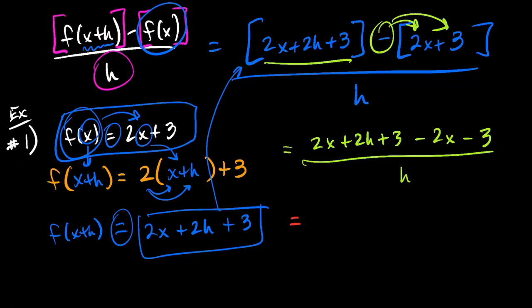Further simplify it. How? Find like terms and then just do the math between those like terms on the top of the fraction, which gives us what? You get rid of 2x, so you get rid of the 3 too, so you just have 2h over h. Can we cancel the h's? Yes. As long as they're multiplying, I know anything divided by itself is 1, and 1 times that thing will give me,